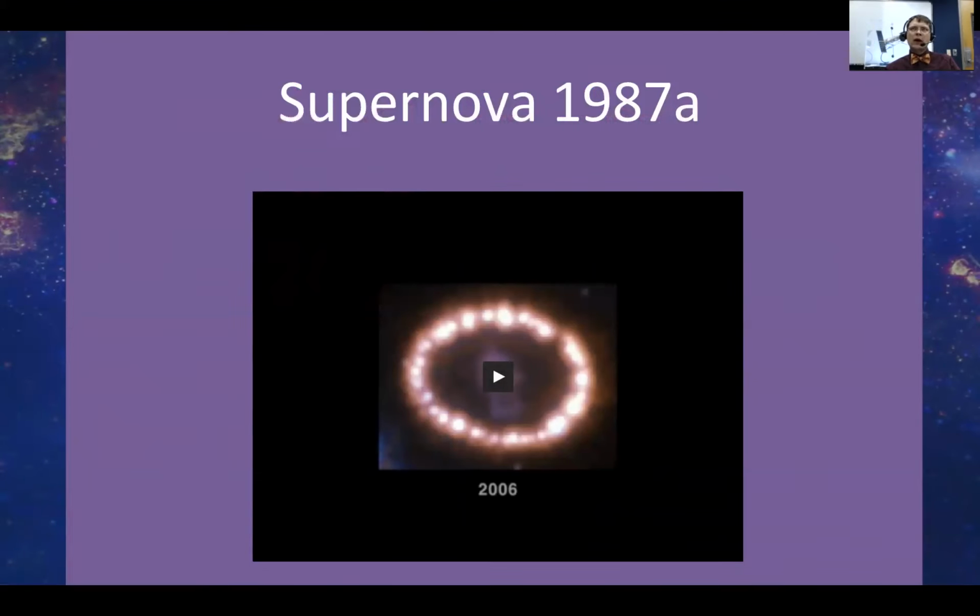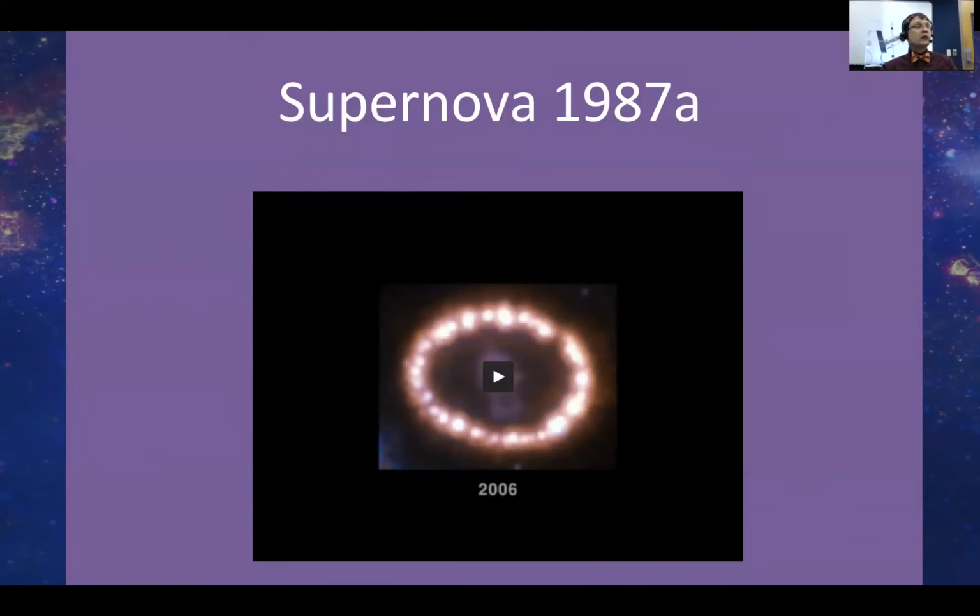I think Crab Nebula was about 1,000 years ago. Is that right? Yep. Thanks, Brandon. Another supernova happened in 1987. If anybody was looking up in the skies back then, it was much easier to see in the southern hemisphere. I think a little bit of the northern hemisphere could see it. There was a supernova that went off in the Large Magellanic Cloud. It looked like a new star in the sky, and it was visible to the naked eye. NASA's great observatories like Hubble and Chandra and Spitzer started studying it when they launched in the 90s.